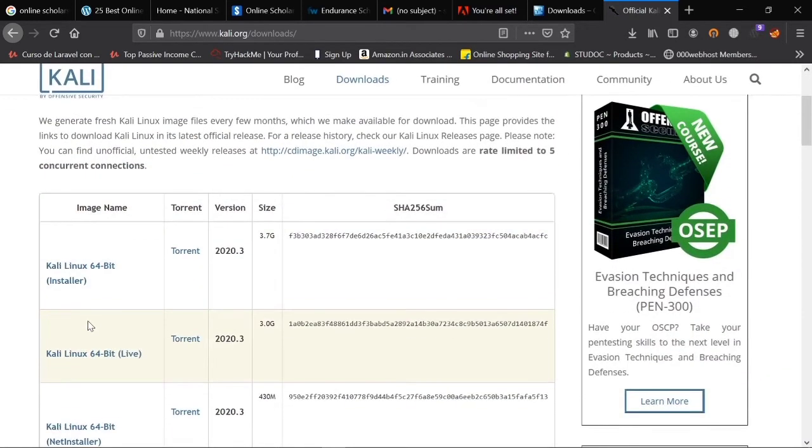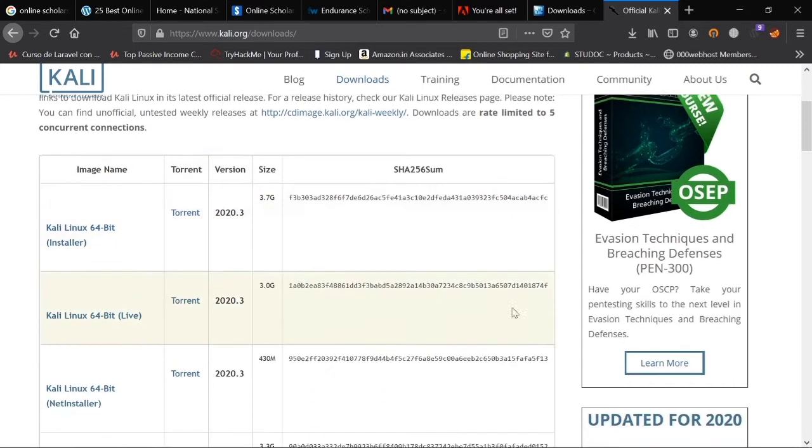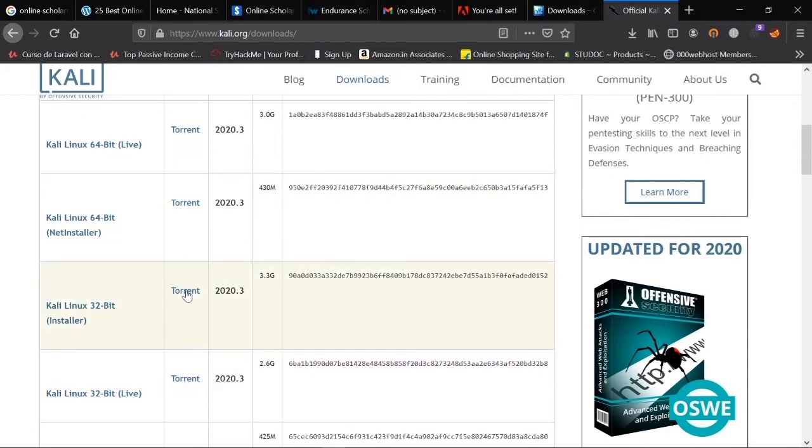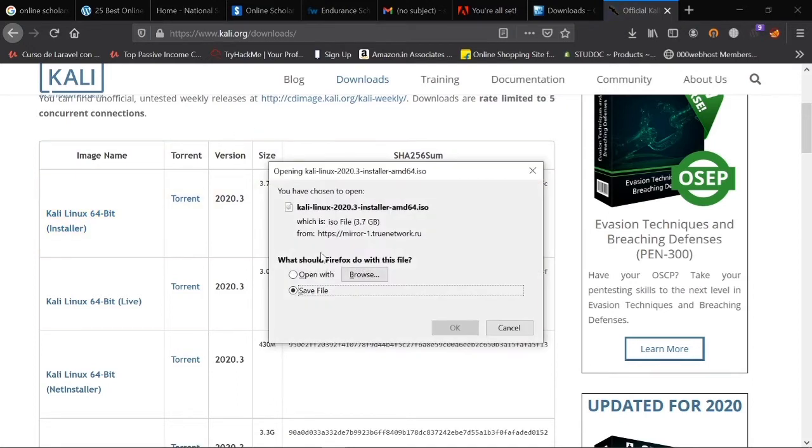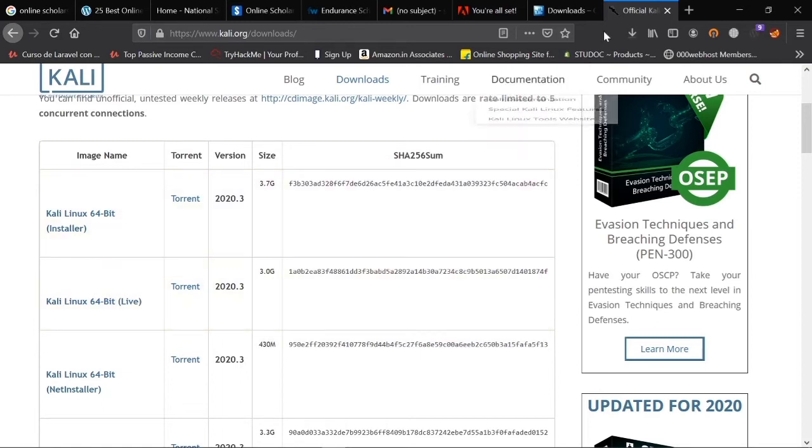Depending on your processor architecture, you are either running 64-bit or 32-bit. If your processor is 32-bit, make sure you download the 32-bit ISO file, which you can download directly or using a torrent client. Otherwise you have the 64-bit version, which is for a 64-bit processor. Whatever you have is fine. Once you download it, just make sure you choose direct download or torrent, and wait until it finishes downloading.